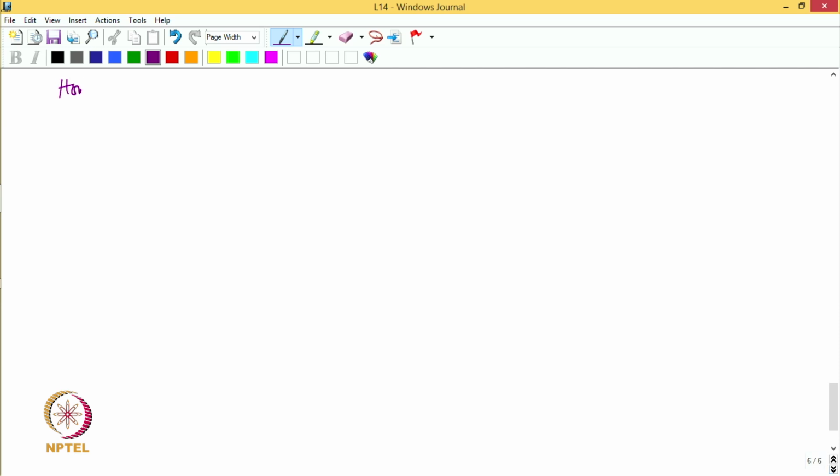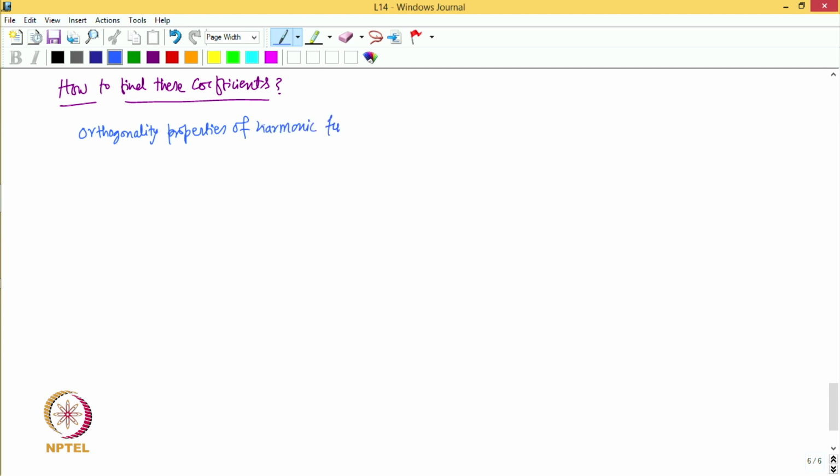How to find these coefficients? So, here we use the orthogonality properties of these sine and harmonic functions, orthogonality properties of harmonic functions. So, if let us say P and Q are non-zero positive integers,